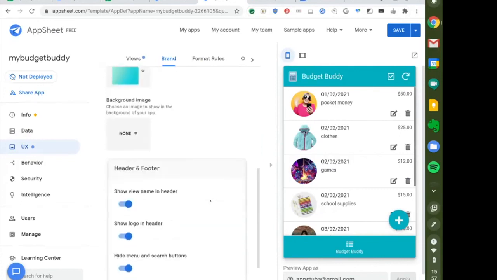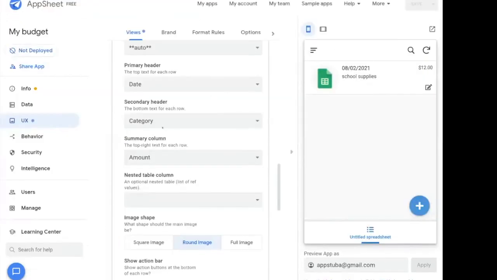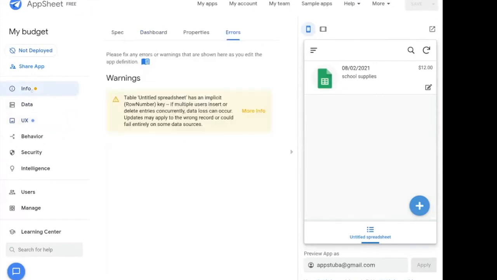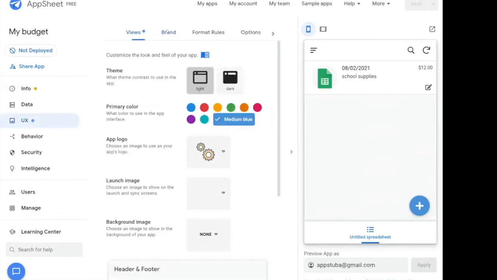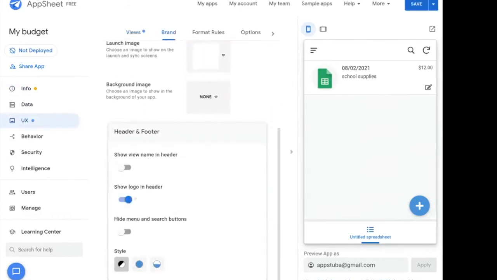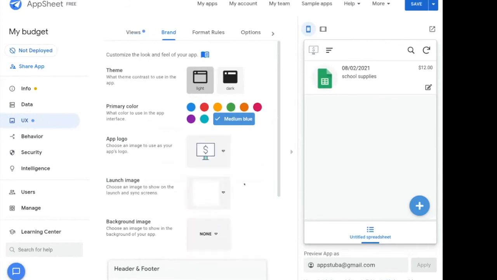And in order to see the logo at the top, you might not be seeing it right now, which is the case here. We don't see the logo, right? You can go down. I was in UX, in brand. I go down and I say show logo in the header. Here we go. It's not a fantastic logo, but I can change that logo also to something like this.